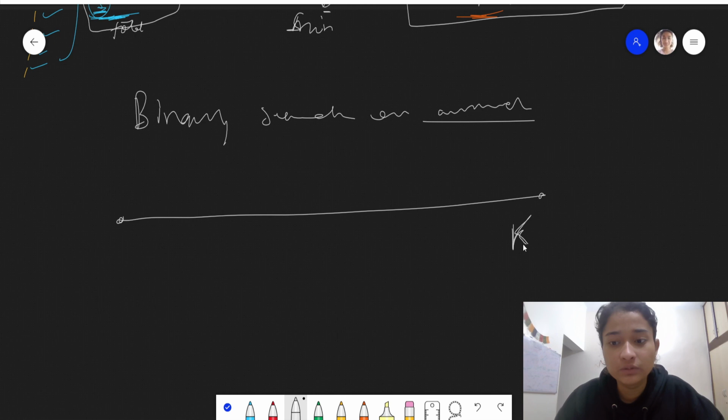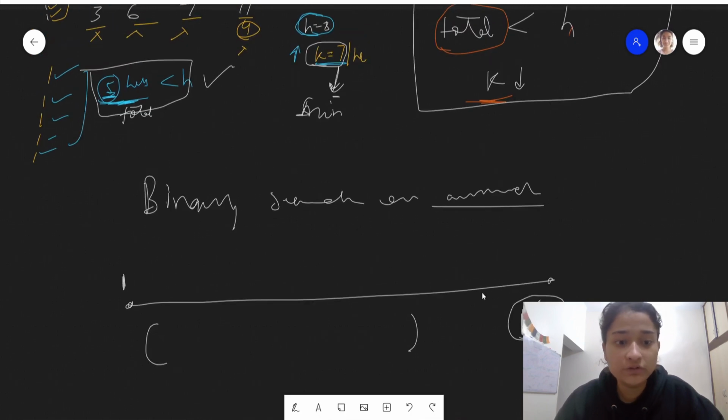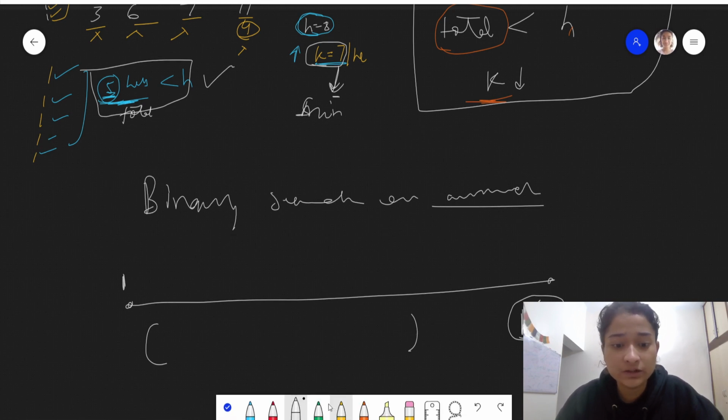Let's say initially k is 1. What will be the range of k? On k we will make our binary search.